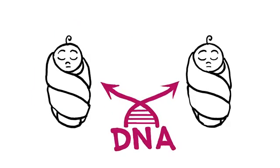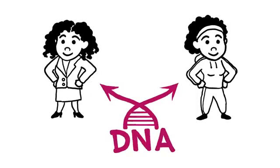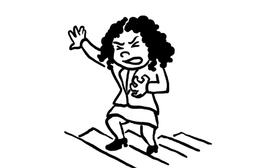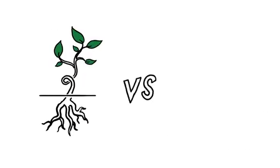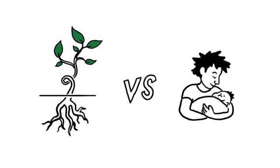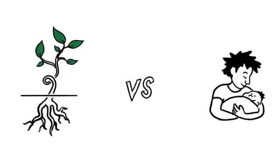Here's a conundrum. Identical twins originate from the same DNA, so how can they turn out so different, even in traits that have a significant genetic component? For instance, why might one twin get heart disease at 55 while her sister runs marathons in perfect health? Nature versus nurture has a lot to do with it, but a deeper related answer can be found within something